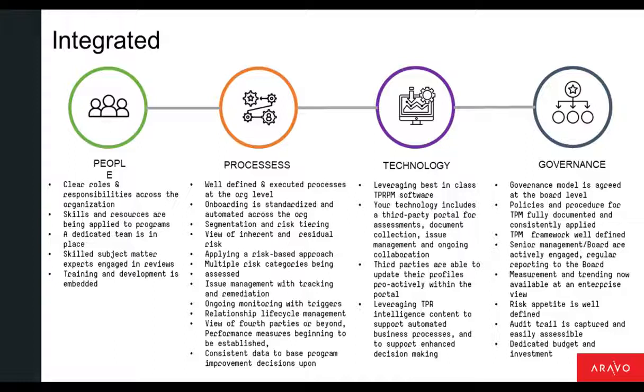Organizations at this stage, and I think this is going to become a little more important on the back of everything, might be starting to really think about third-party performance, and that has implications for resilience as well. So they might be looking at integrating qualitative and quantitative performance measures into the program. By the integrated stage, you're really imagining, well, what's next? How do we build on this, how do we become more agile, and how do we identify risk and non-performance in the program?